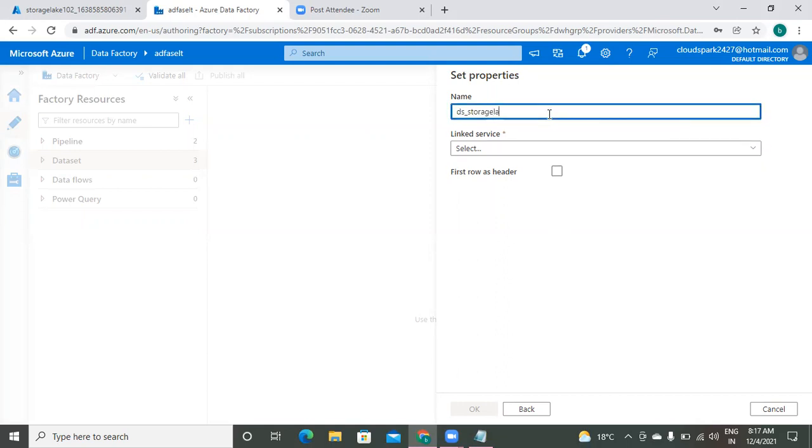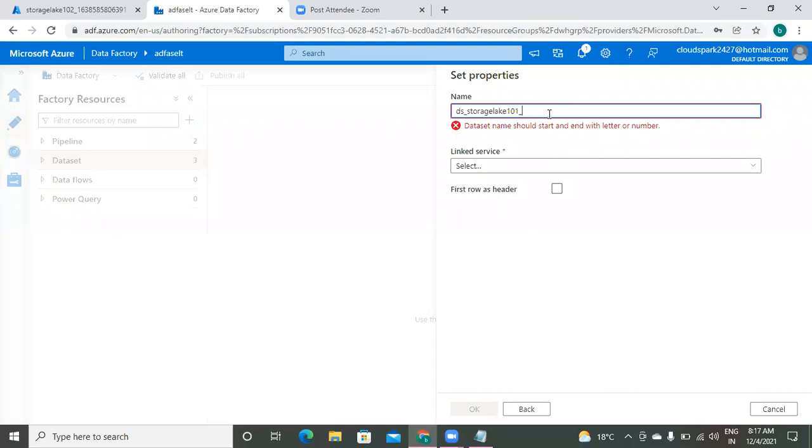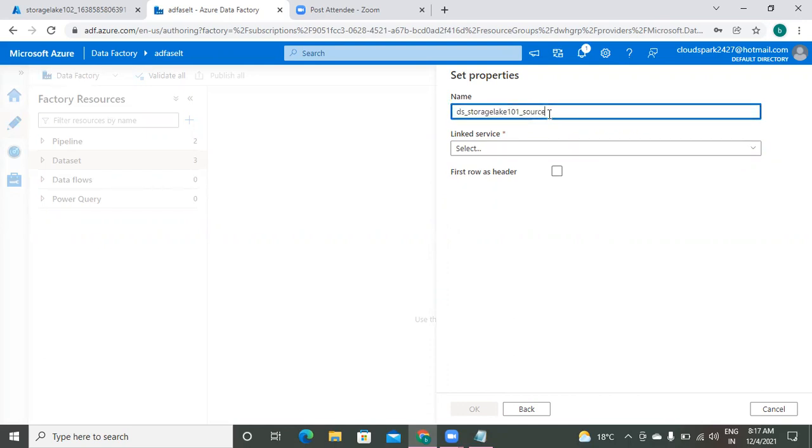Storage Lake 101. But within this, a lot of files can be there. Underscore, give the container name. The container is source. Within that container, lots of files can be there. Which file do you want to work with?